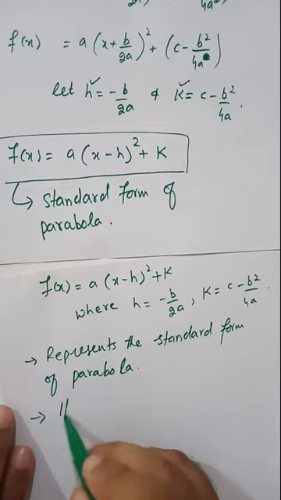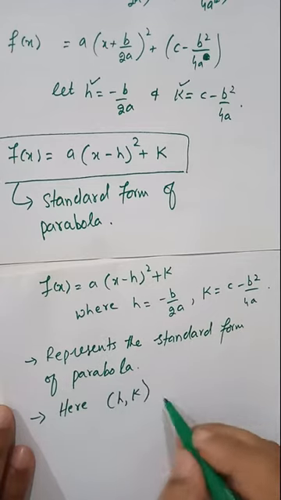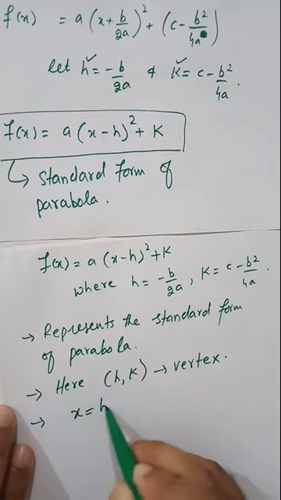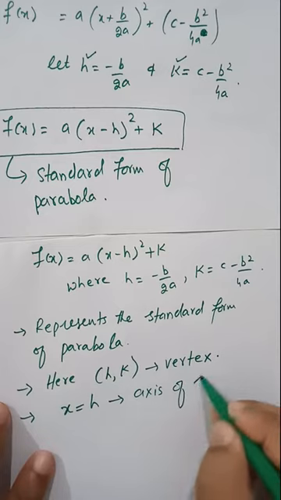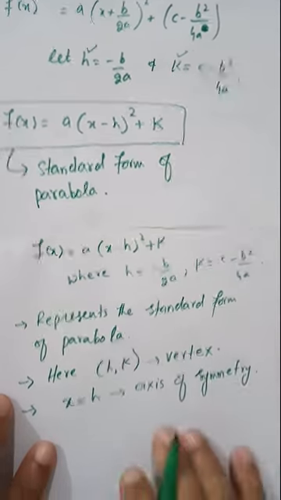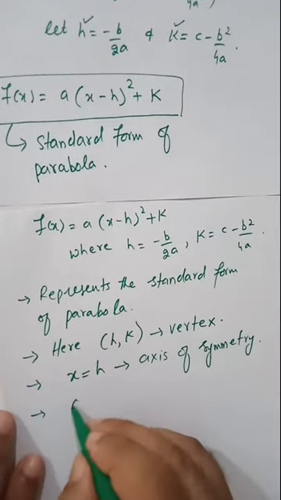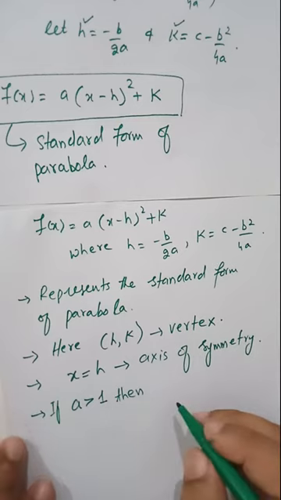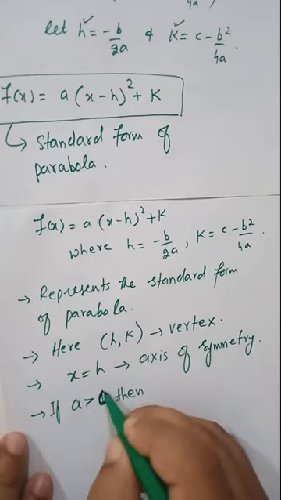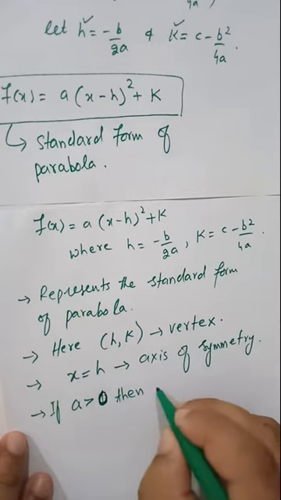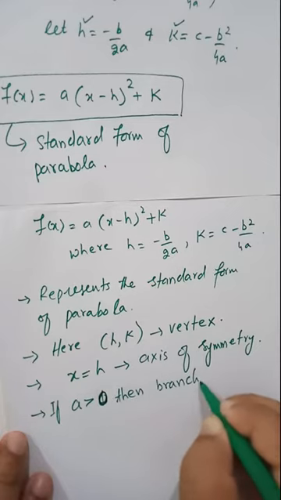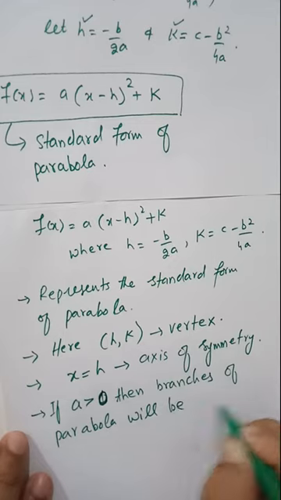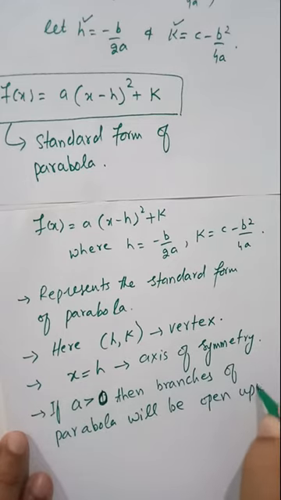Here (h, k) is the vertex, x is equal to h is the axis of symmetry, this vertical line, and this a, if a is greater than 0, meaning positive, then the branches of the parabola will open upward,